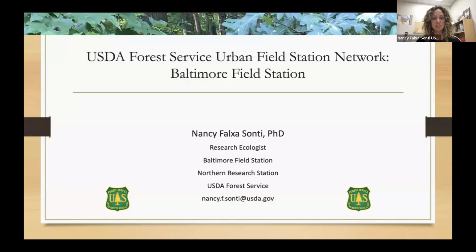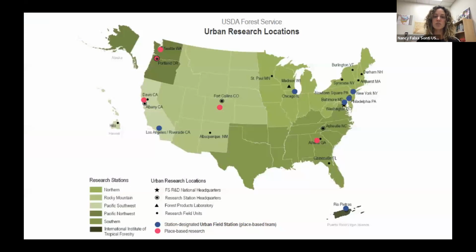So I'm a research ecologist, and just like big picture, of course, the largest portion of the Forest Service is our National Forest System, but we also have a research branch, research and development, and that's where Dexter and I are, and the rest of our colleagues at the Baltimore Field Station. There's also state, private, and tribal forestry as well. And so within R&D, we have this network of urban research stations, urban locations, and we